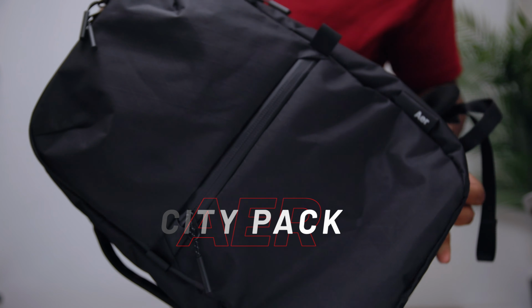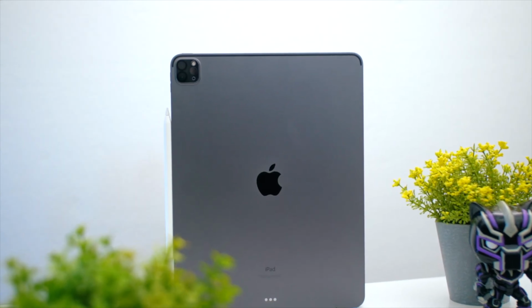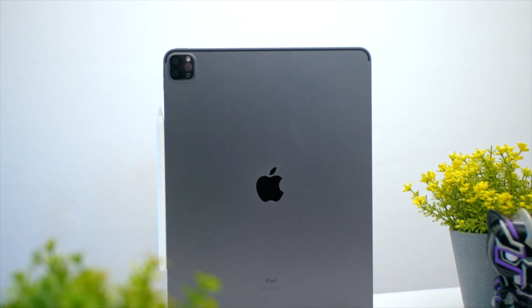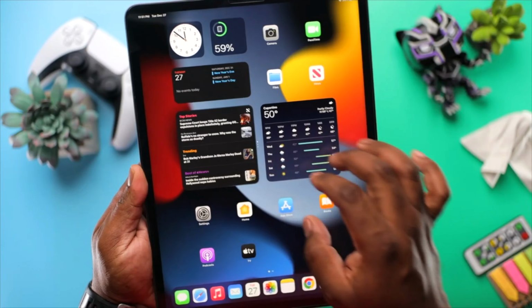Now, I did have the Apple Pencil as well that I use occasionally with the iPad, but I had some really weird issues with it, and it just stopped pairing to my iPad for whatever reason, which means now I'm in the market for a replacement, which is honestly something that I'm really not happy about. But hey, overall, the M1 iPad Pro is certainly that device I don't leave home without,